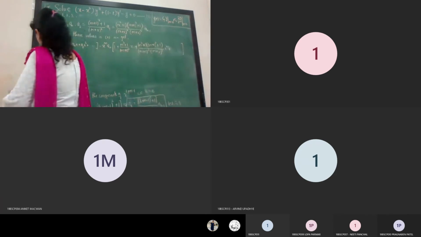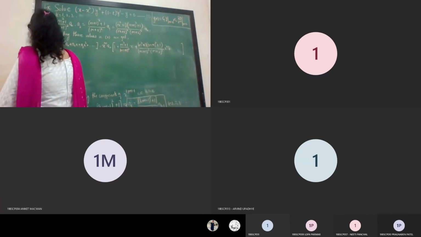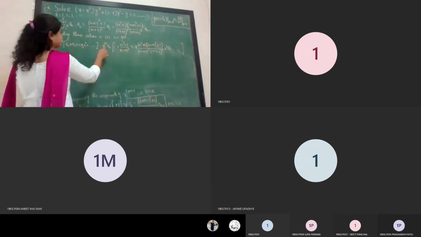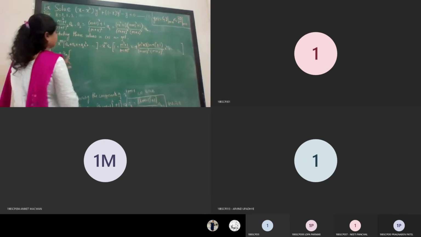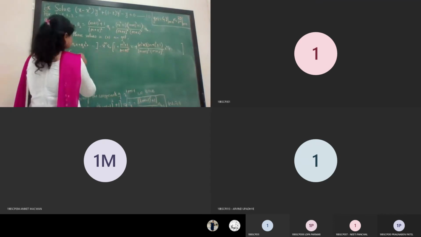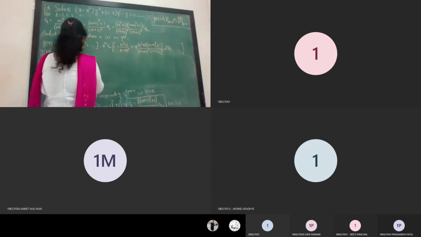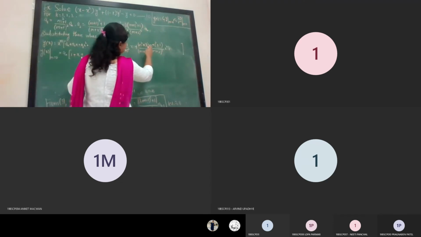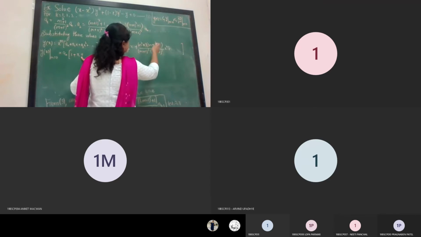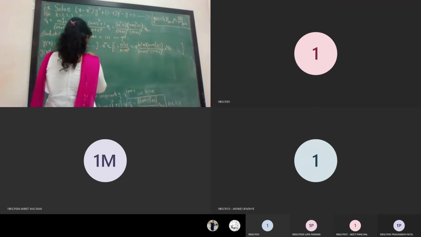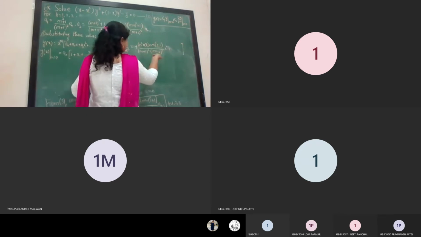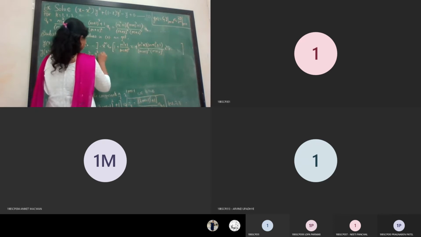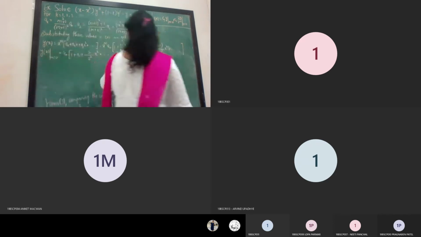So let us find out y of x at m is equal to 0. Here we substitute m is equal to 0, so x raised to 0 is 1. So just a0 into 1 plus, when you substitute 0 over here, it is 0 plus 1, 1, x plus 0 plus 1 whole square, so 1 plus 2 upon 0 plus 1 whole square, so 1 whole square, and here 2 square, x square plus so on. So this is the one series.